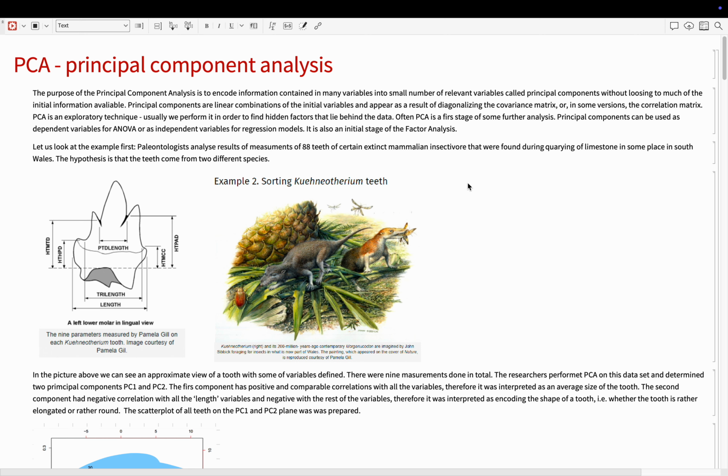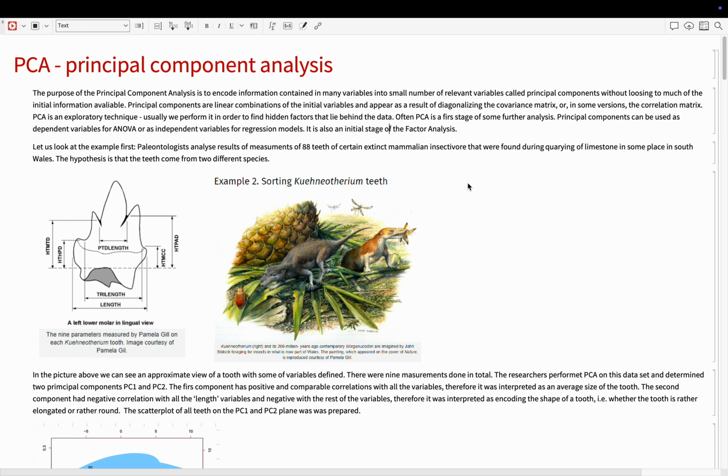Today we discuss so-called principal component analysis, PCA. The purpose of this procedure is to encode the information contained in large datasets, large in the sense that we have many variables, into some smaller number of variables that can later be used for something. For example, the new variables can be used in ANOVA, or in a multiple regression model, or usually principal component analysis is the initial stage of the so-called factor analysis, which will be the subject of the